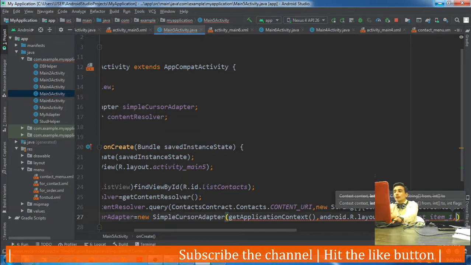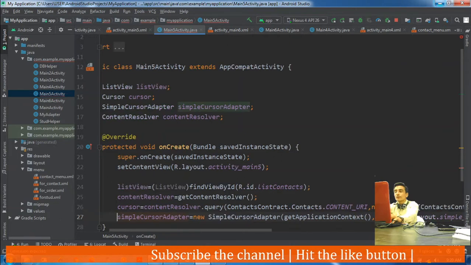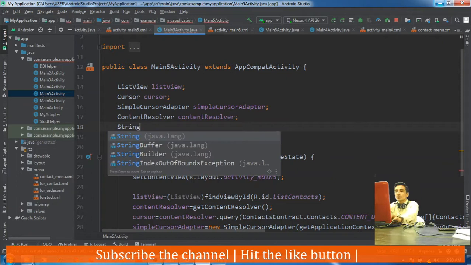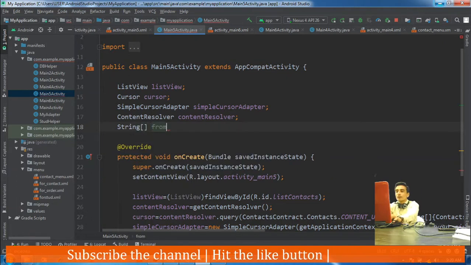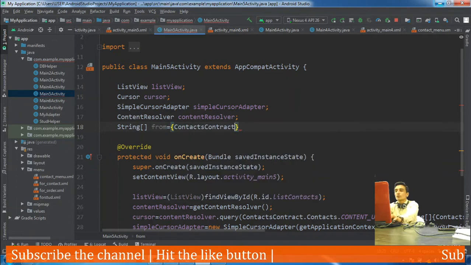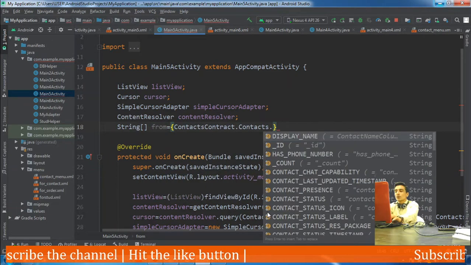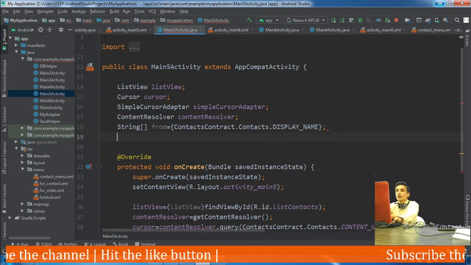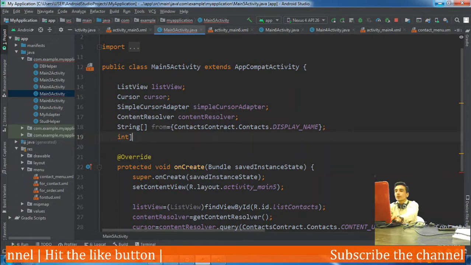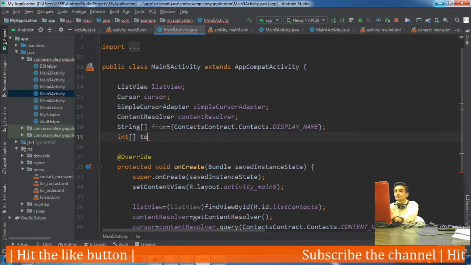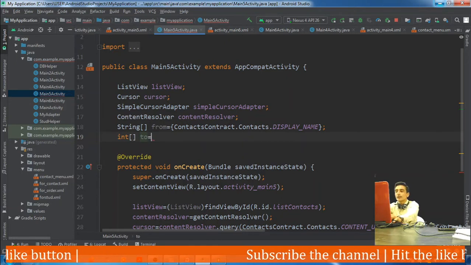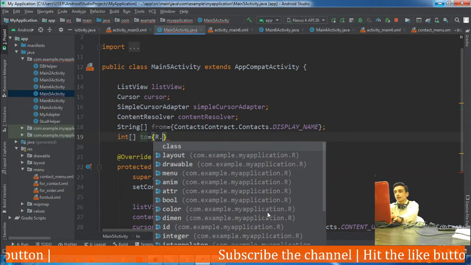And two more things, from and to, are required. Here we will define one string array from, where we would define the columns from where the data will be retrieved. We want to show only one column. And an integer array to, which would contain the id where that column should be displayed.